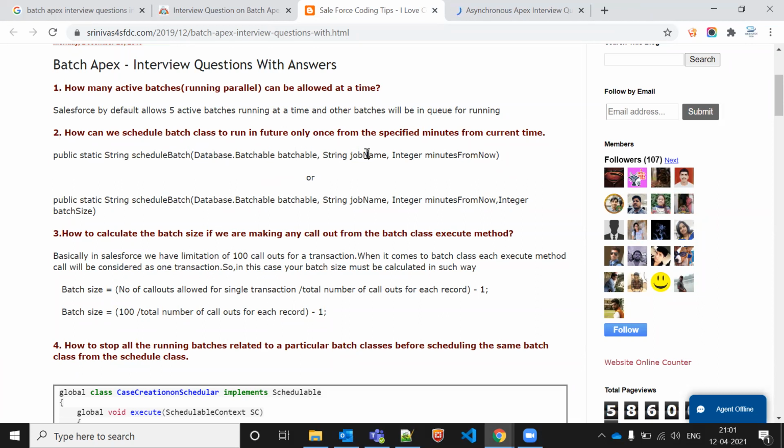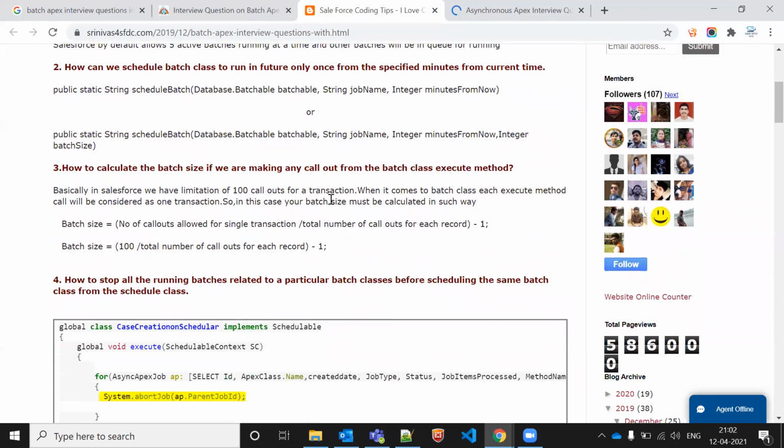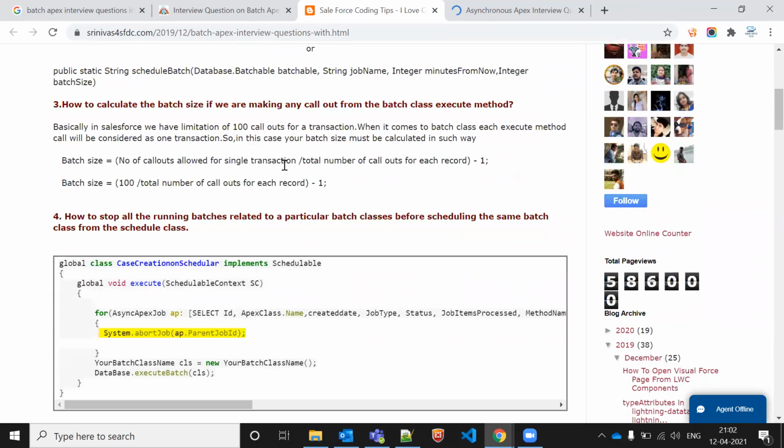Let's say we have a job name and an integer value from now. This is just explaining at a high level, the theoretical part, but practically it is cron. So you will go to Google and search scheduler class cron, and you will get lots of examples. Also, in Salesforce we have a limitation of 100 callouts per transaction. This is also an interview question for governor limits: in a batch apex, how many callouts can we do? It's 100 only.